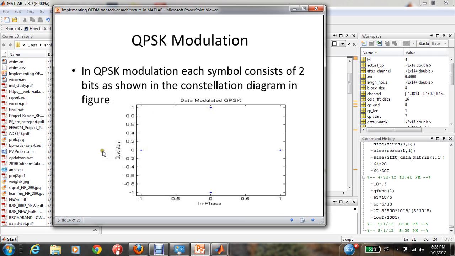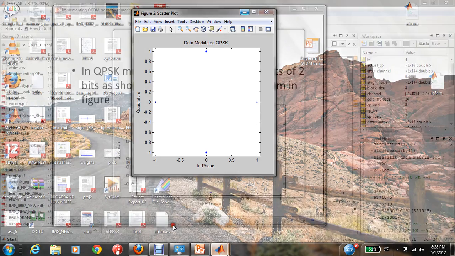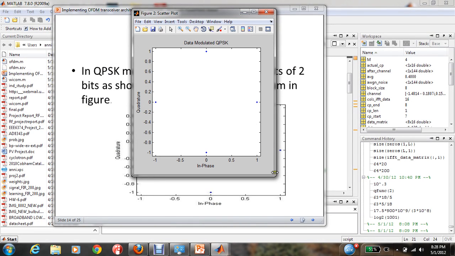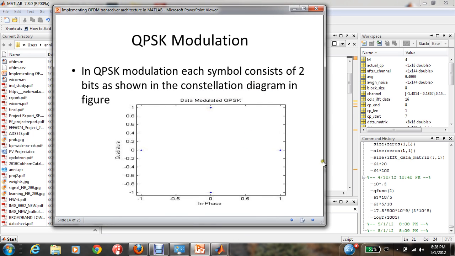In QPSK modulation, we have four possible symbols. This is the constellation diagram, with in-phase and quadrature phase. The in-phase is the cos component, and the quadrature phase gives the sine component, and there will be four symbols. So each symbol will have 2 bits of data, which is the concept of QPSK. This plot was again obtained in MATLAB. This is a scatter plot, and it is inserted in this PowerPoint